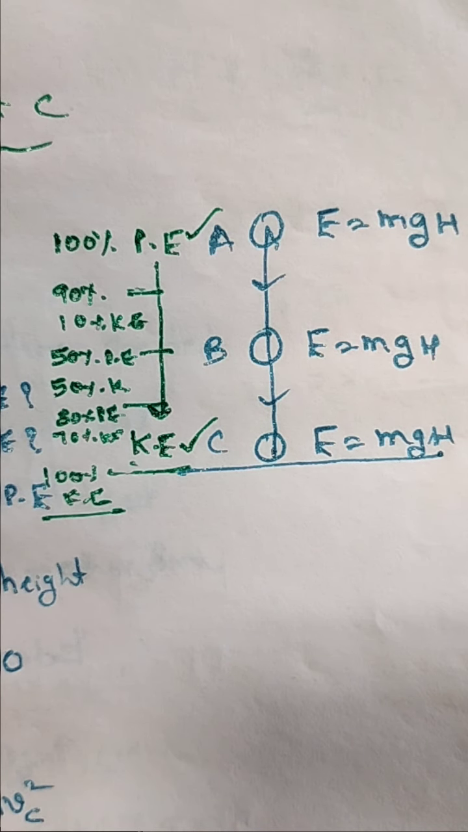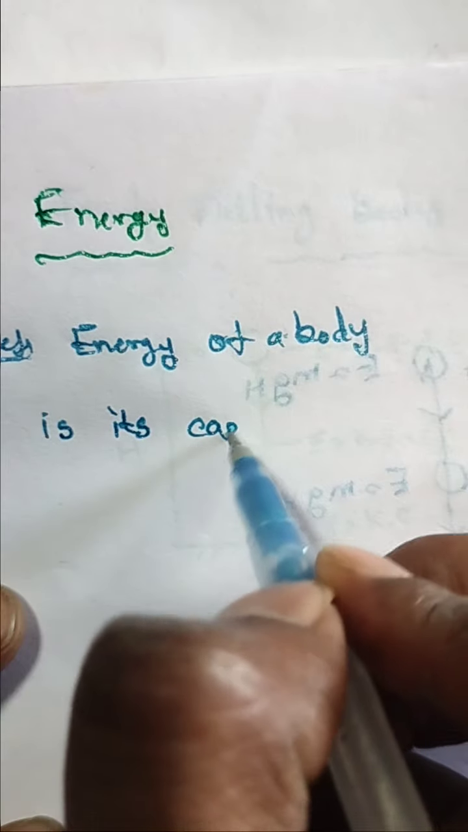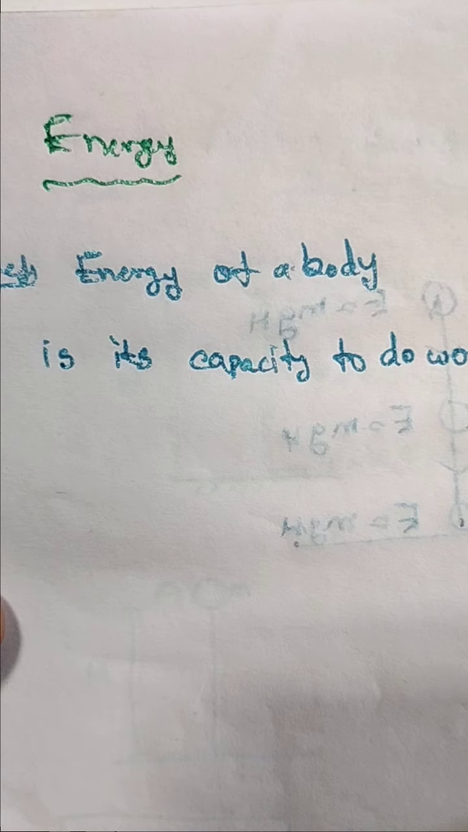Thank you very much. The next one, the energy. So what is the definition of energy? Energy of a body, definition: energy of a body is its capacity to do work. So what is the energy? The energy of a body is its